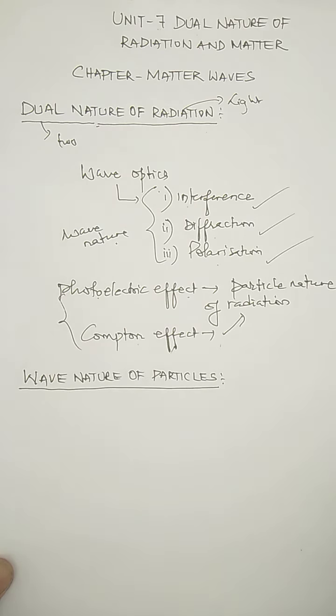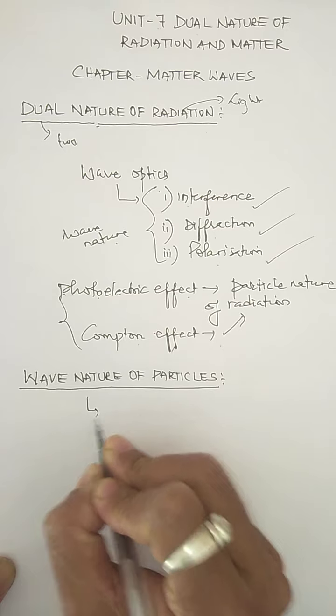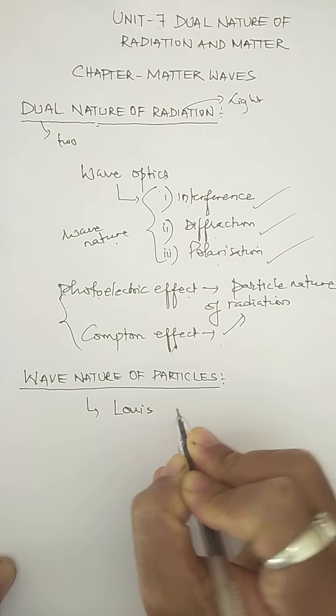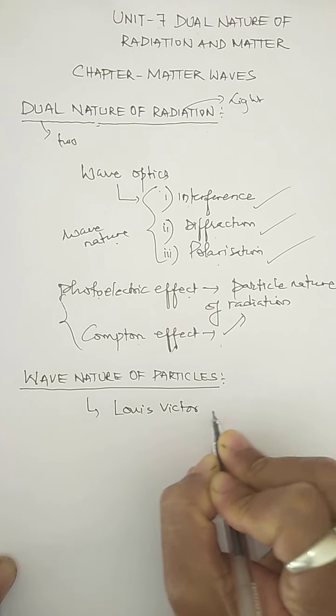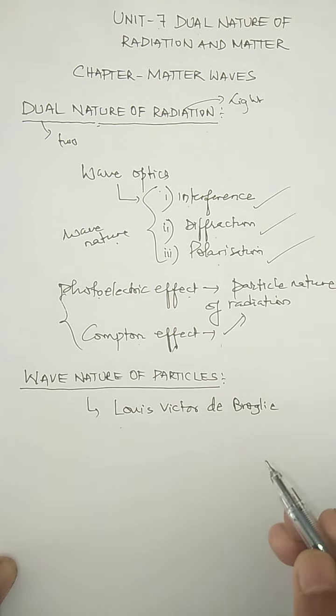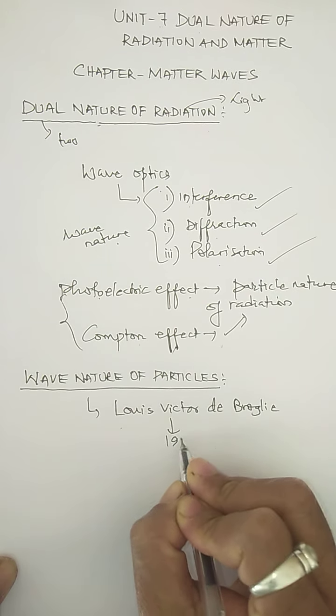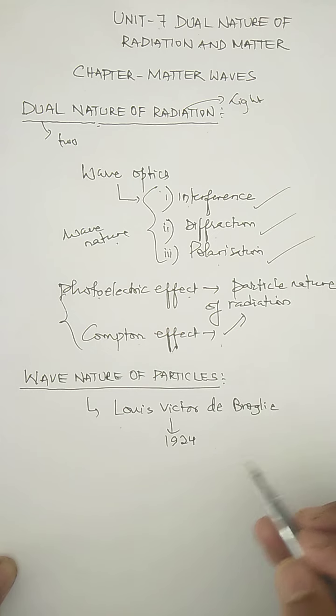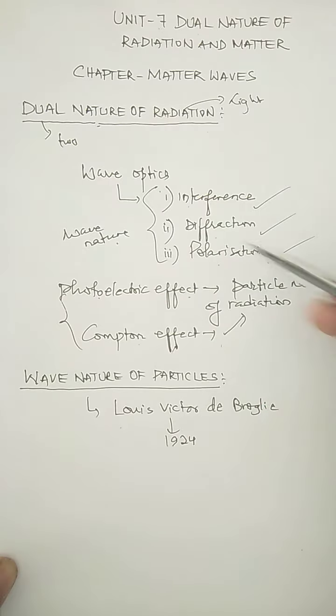That is called particle nature of radiation. But there was a scientist whose name was Louis Victor de Broglie, in the year 1924. This particular scientist introduced a bold hypothesis. Now you know hypothesis means that it may be true or may not be true. He introduced a bold hypothesis saying that if radiation has dual nature, we already verified that